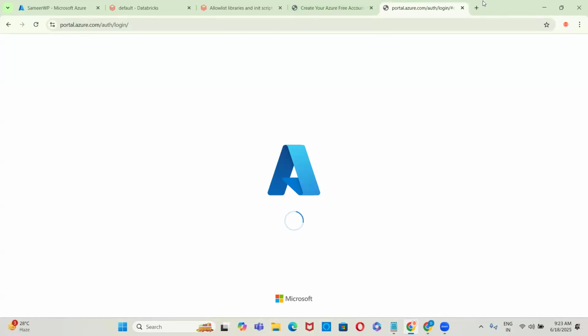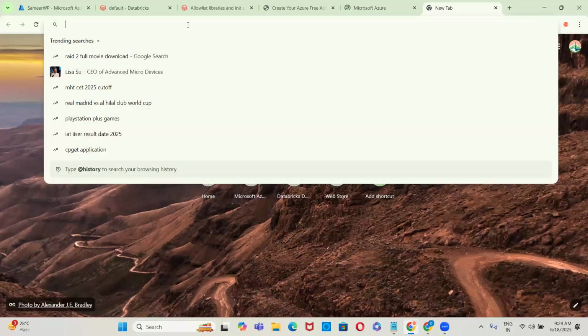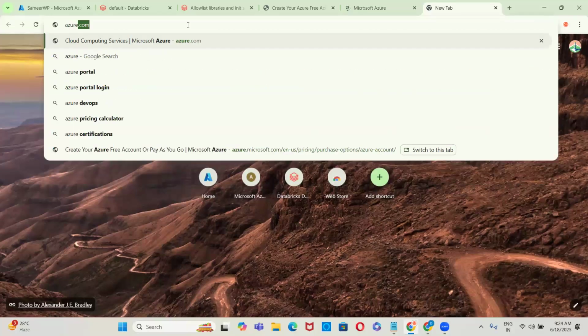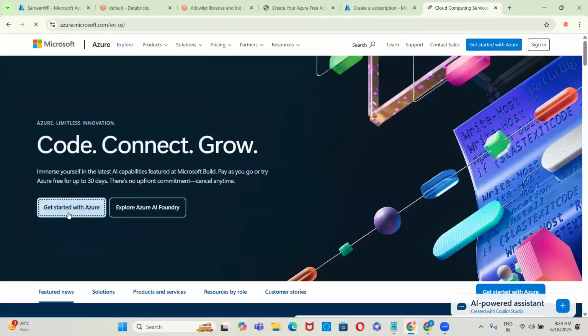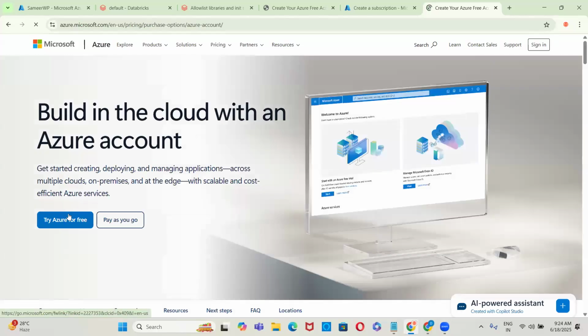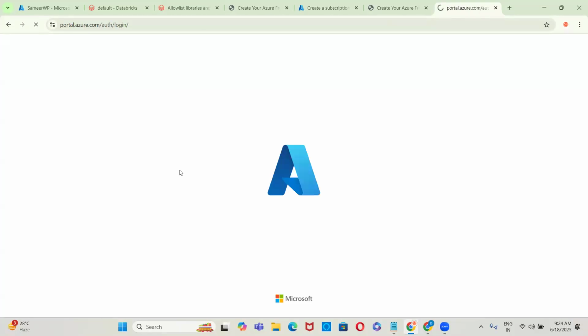If you are not registered, you'll get all this information to get started with Azure: try Azure for free. You have an existing subscription, sign in, or sign up for the pay as you go model. I'm already using the pay as you go model, hence it's driving me back here.